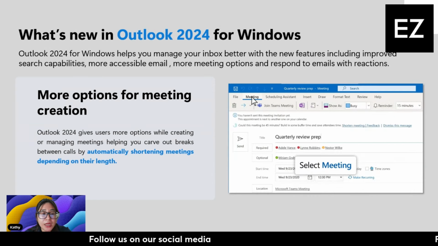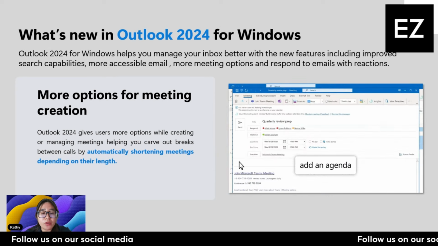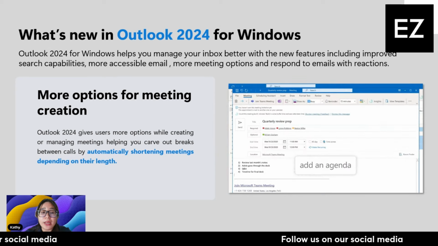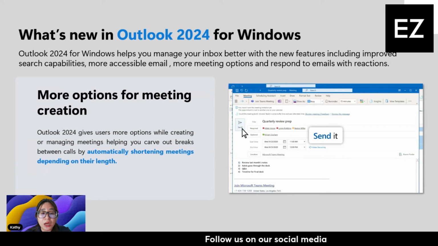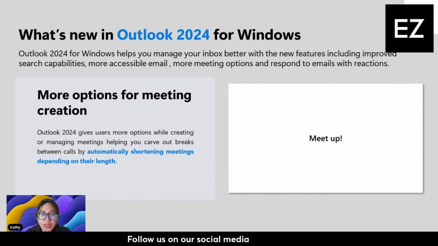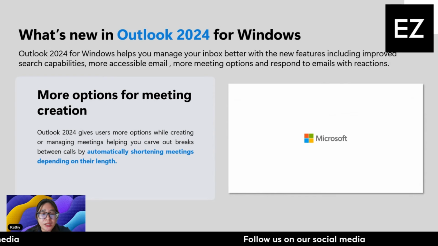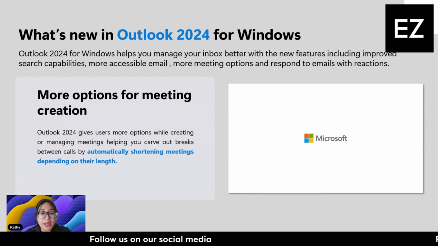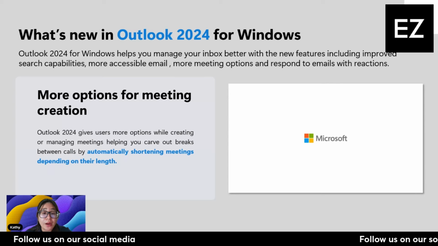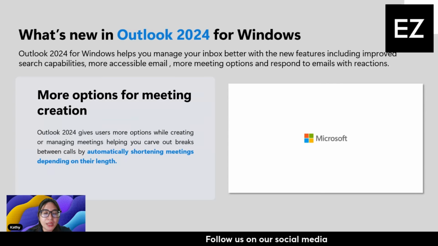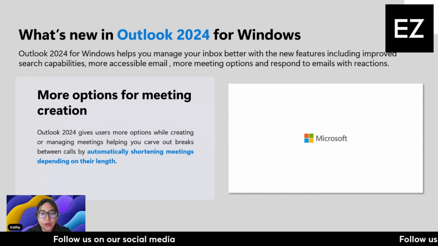Okay, and for Outlook 2024, it gives you more options while you're creating and managing meetings. So at least if you really have back-to-back meetings on a daily basis, it can actually assist in scheduling short breaks by shortening some meetings here and there if required. And the best thing about scheduling a meeting is that it's saved in your calendar and it will automatically